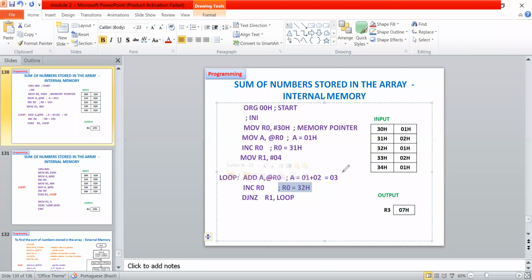The 01 is added with the accumulator value, which is already added. Now these two values are added and we obtain a result, which is in the accumulator finally. So this is for when the counter.